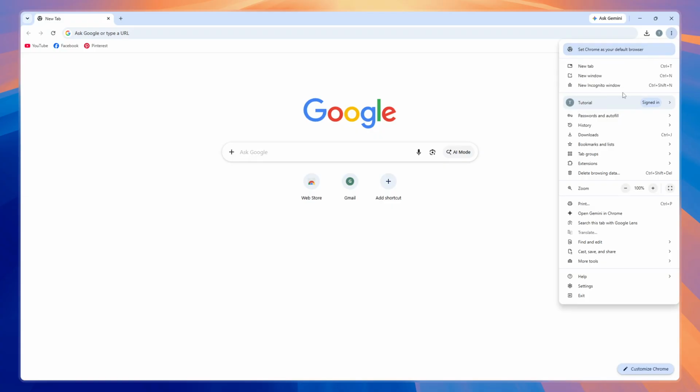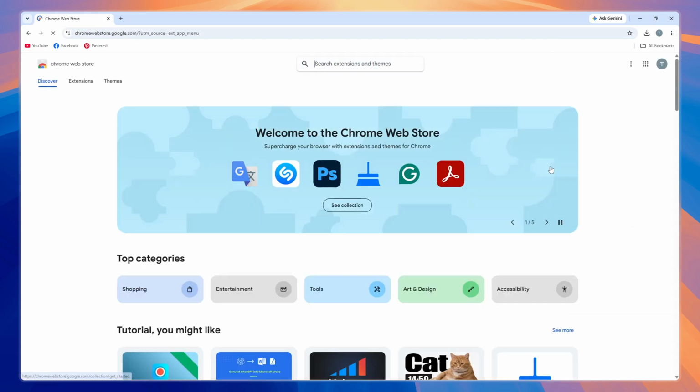From the drop-down menu that appears, hover your mouse over the option labeled Extensions. When you hover over it, a submenu will slide out to the side. In this submenu, click on Visit Chrome Web Store. This will take you directly to Chrome's official extension marketplace where you can browse and install various tools to enhance